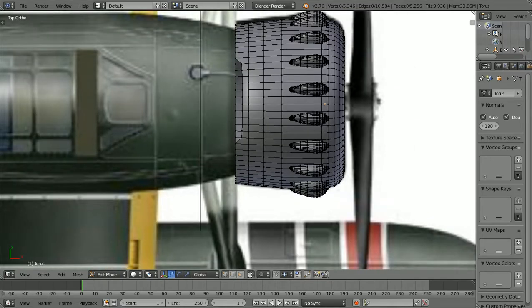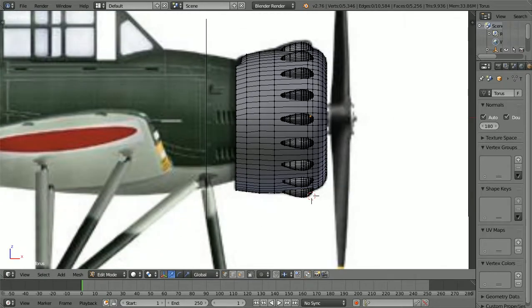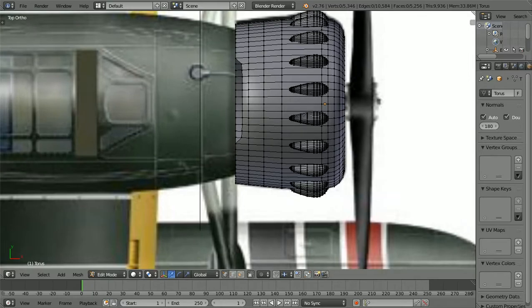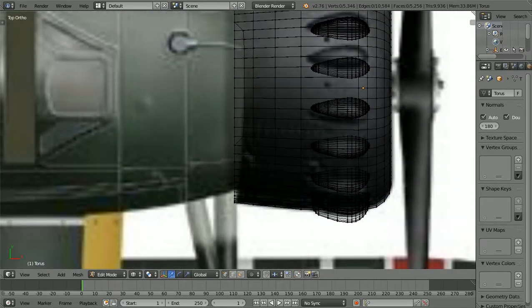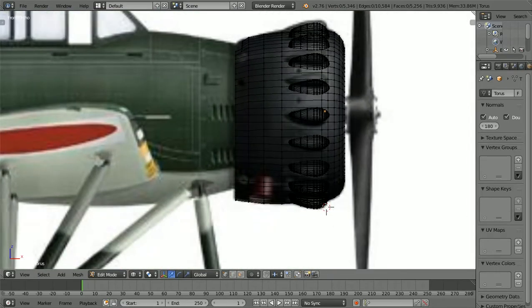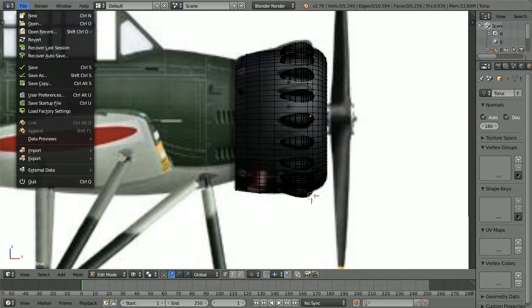And push our Z and push our 1. So you can see this is going to kind of slope down into here, and it's kind of funny to me because it doesn't look that way on the side, but it definitely looks that way on the top, unless it's just the way if you screwed this picture up, because this cowling might just actually be supposed to be solid. Probably what I should do is, let's save this again, save as,